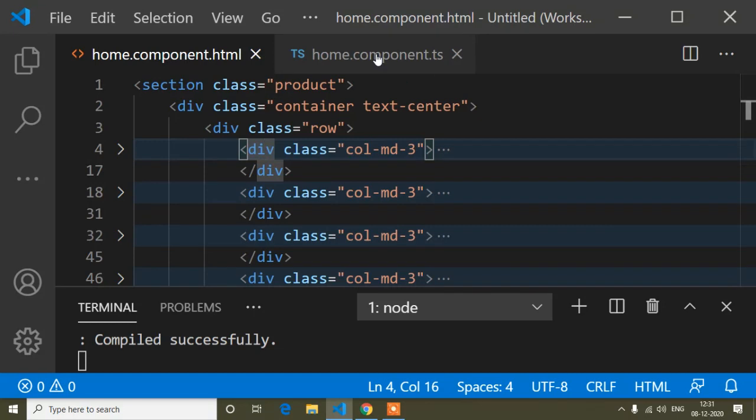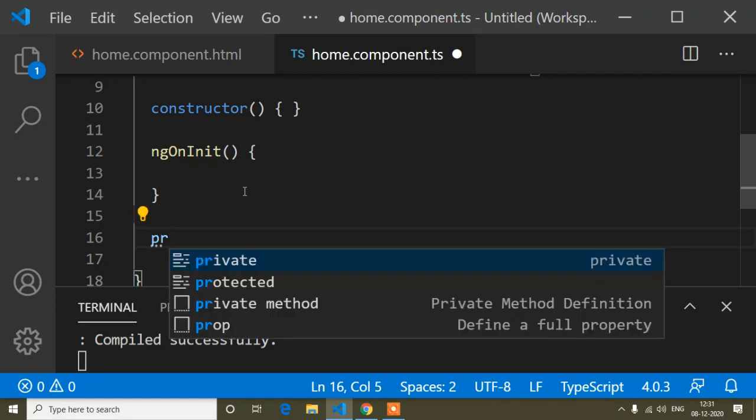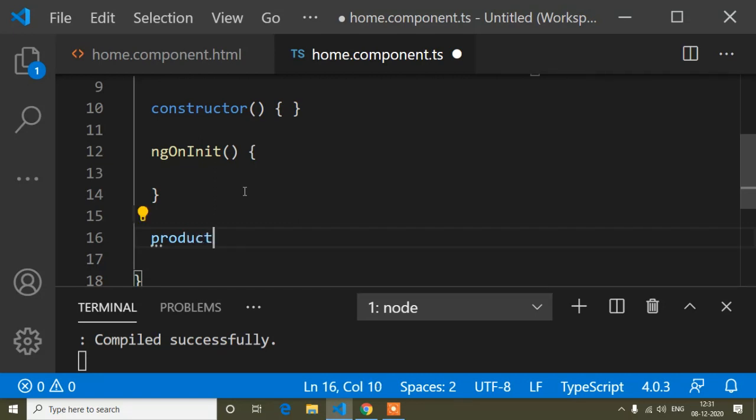Now in the TS file, just below ngOnInit, first of all I will create an array. Here we have to write a variable. The variable name is product array, but you can write the variable name as per your choice.